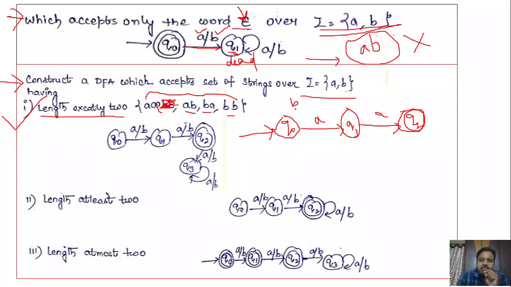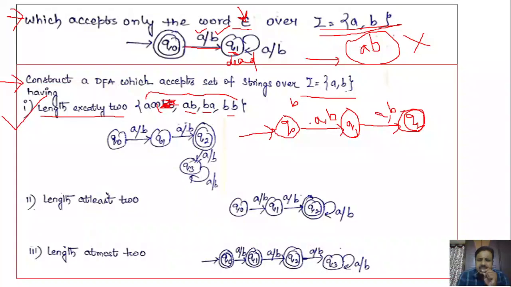If you find some symbol b from state q0, you have to go to the state q1, right? So q0 on b means it must go to the state q1, so that's why we have to write b. So q0 on b, we go to state q1. Q1 means we have seen a symbol, a string of length 1. If you get another b, it satisfies length 2, so we move from state q1 to q2 and the string is accepted.